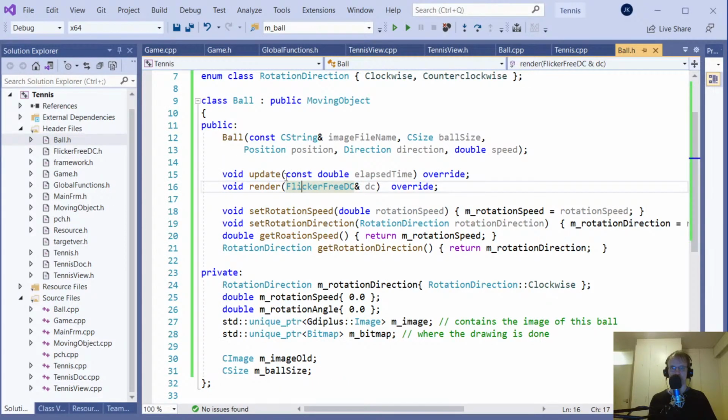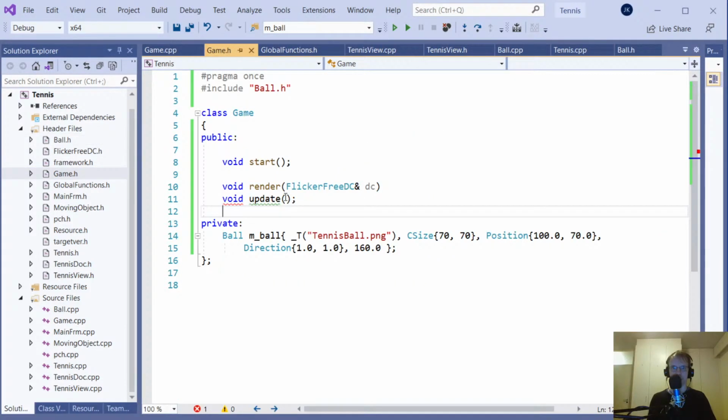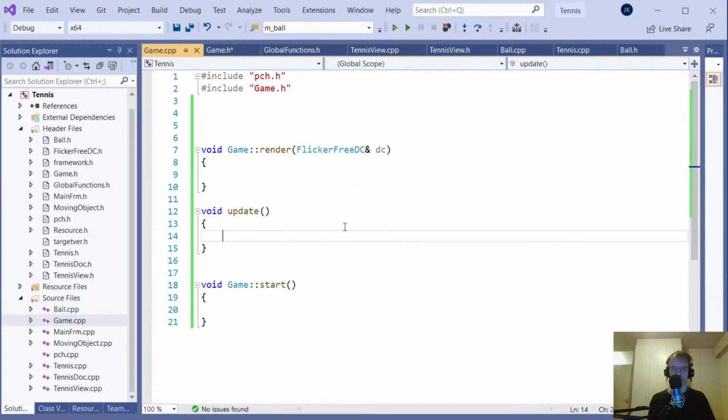Elapsed time. How much time is this round? This frame. How much time should this frame take? So it goes here, update. Yep, elapsed time, and